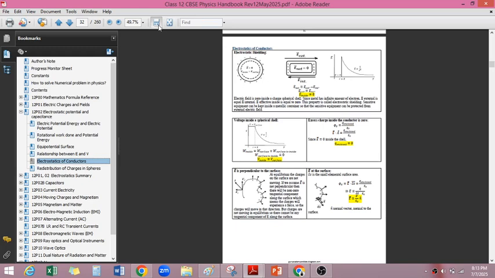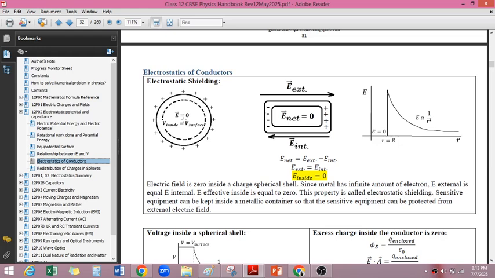So you see, when you put a test charge inside this, it will get pushed in all the directions, which means the electric field will be 0. And this property is what is called electrostatic shielding. And this is why, read through this carefully. When there is some lightning, your car or bus will be charged with electric charges. However, if you are sitting inside the bus or a car, the metallic body will protect you. So even though you have charges on the body, if you are sitting inside, assuming that it is kind of insulated